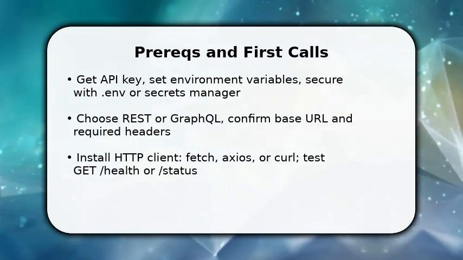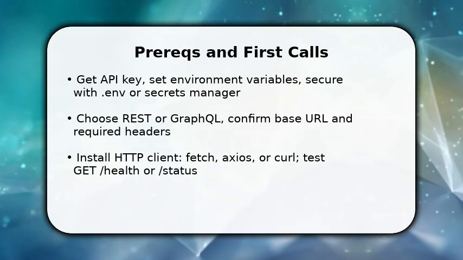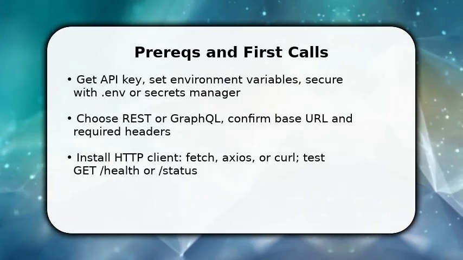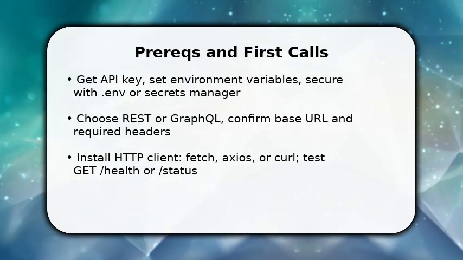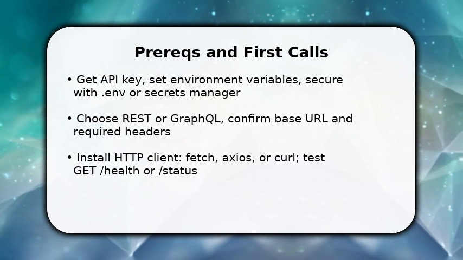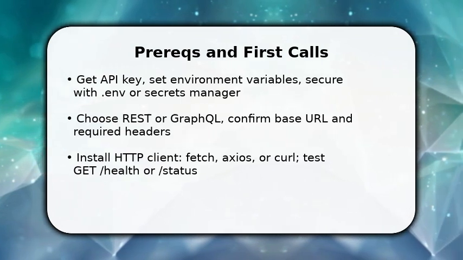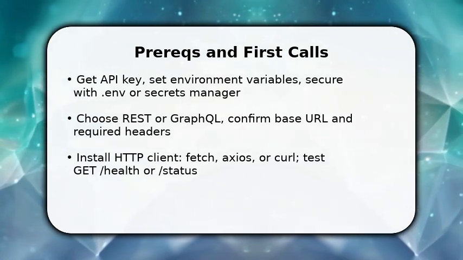Next, install a lightweight HTTP client such as Fetch or Axios and run an initial GET to /health or /status to confirm connectivity. This first call validates credentials and network access, so make sure the response codes and JSON shape